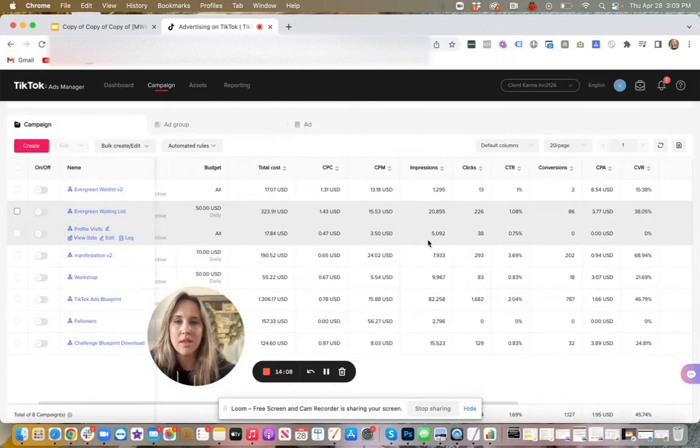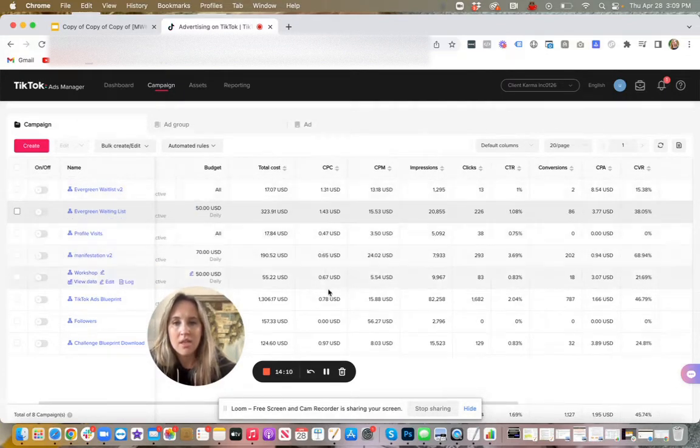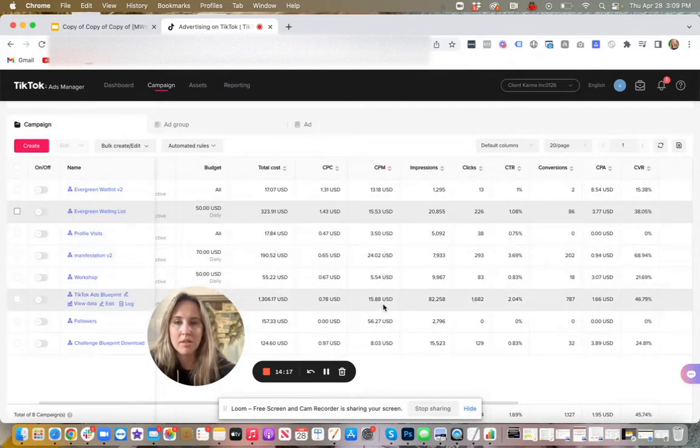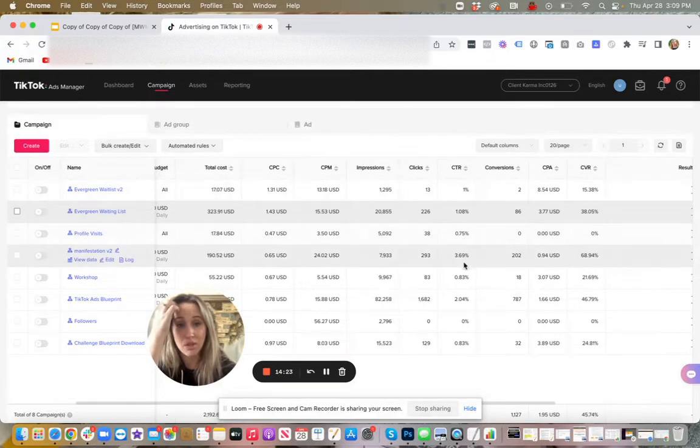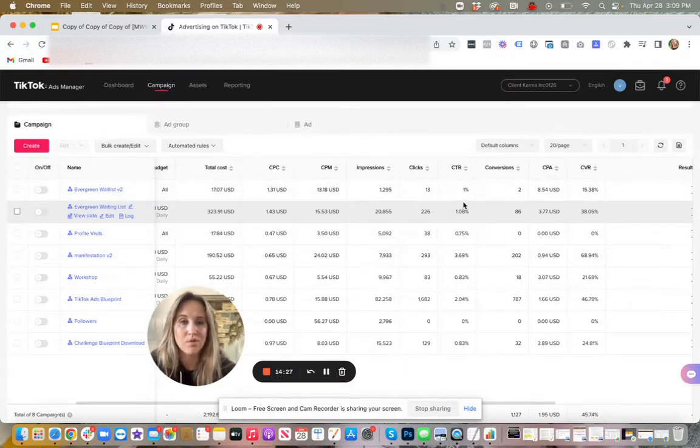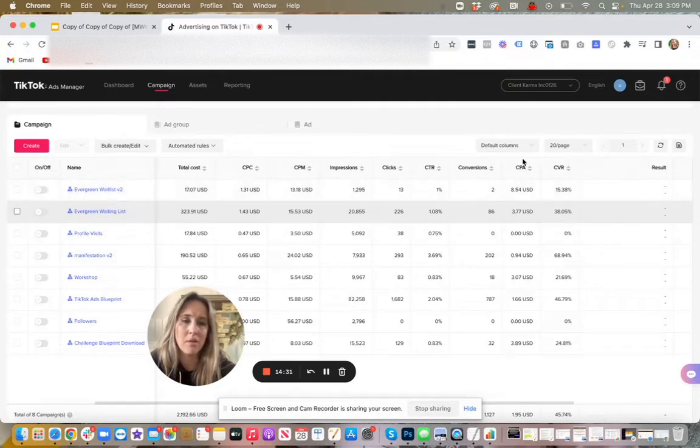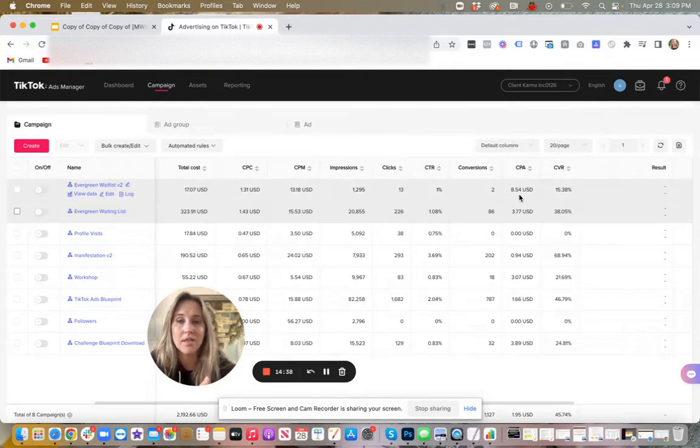So as you can see, the cost per click is great. The CPMs are really nice, a little bit higher in some cases, but still really good. And in some cases, I was able to get a really good click-through rate. If you get your click-through rate up over 1%, that's super useful for the delivery of your ads. And ultimately, the most important thing to look at is the cost per action, in this case for leads.